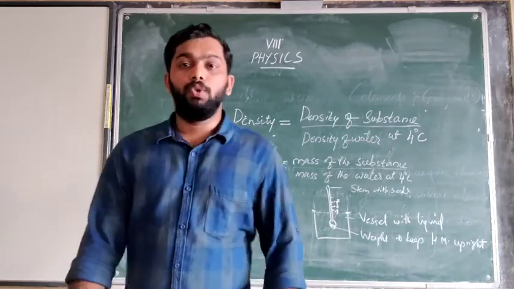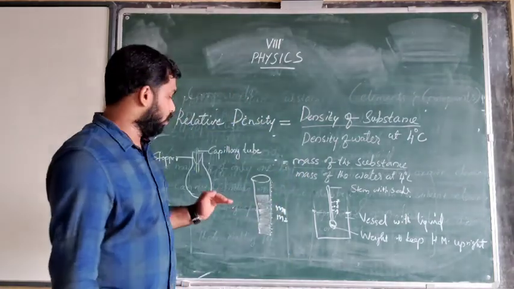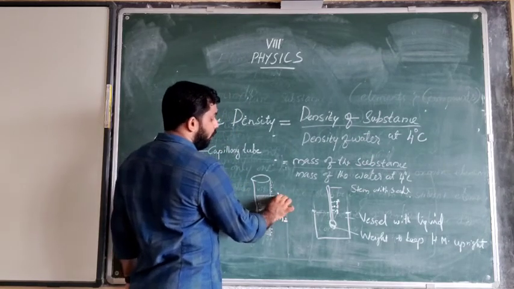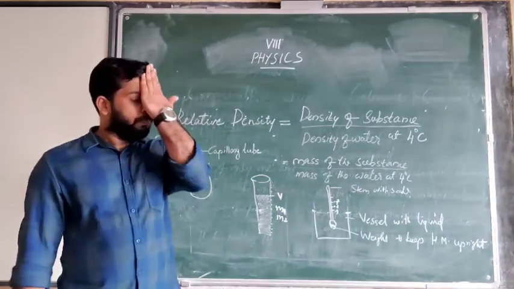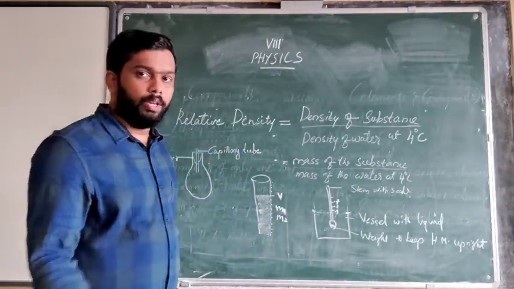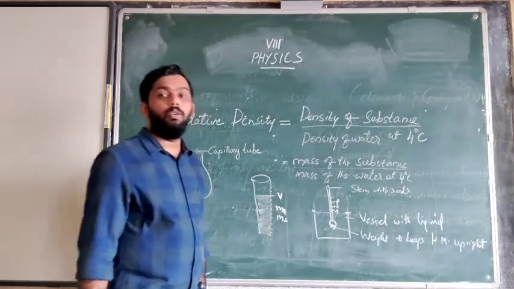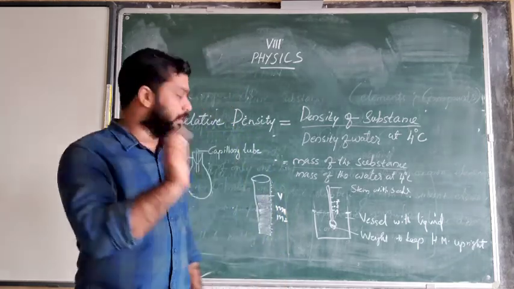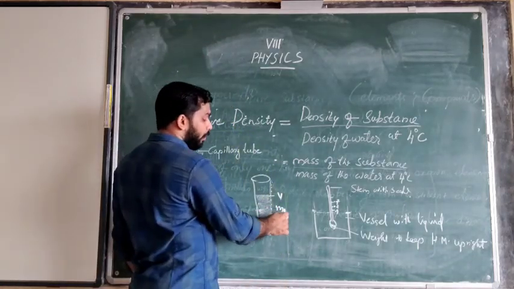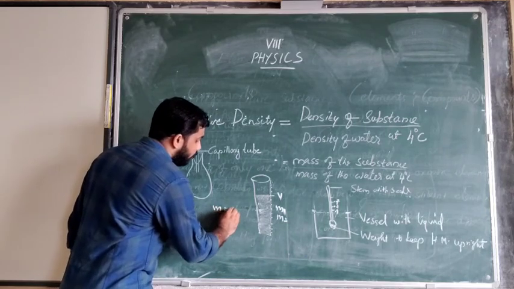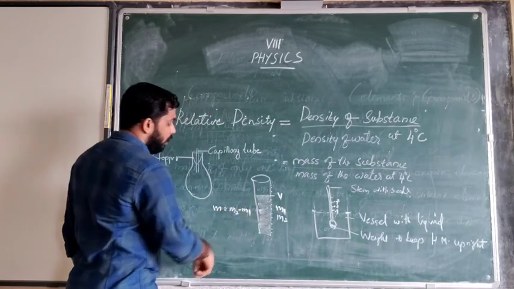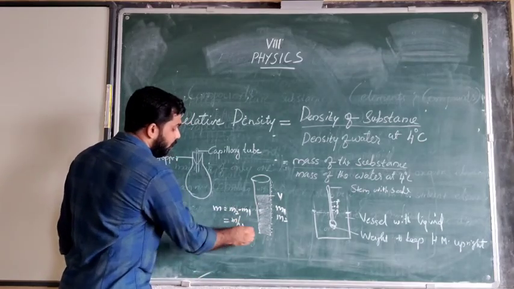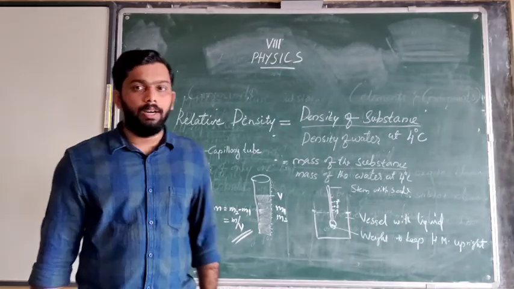And the next step is you have to record the volume. As you know, volume is already marked on the measuring cylinder, and you will identify the volume V. Now, the calculation is very simple. The mass of the given liquid will be equal to M2 minus M1, and the volume is already given, so mass divided by volume, you are going to get the density of the given liquid.